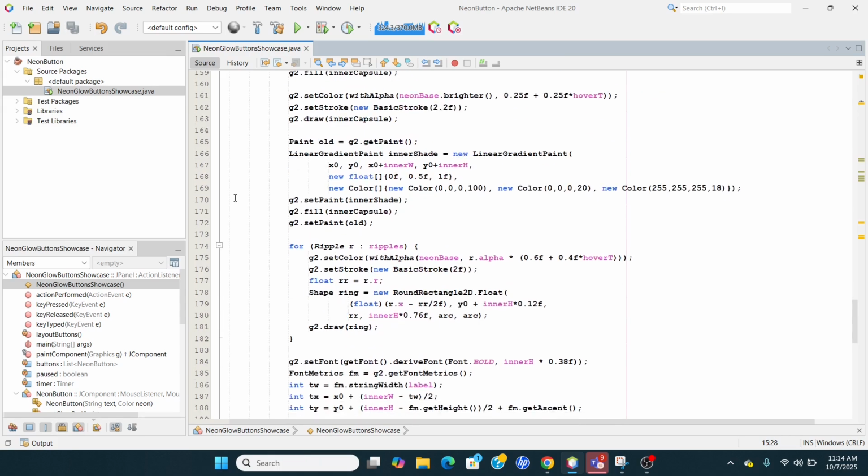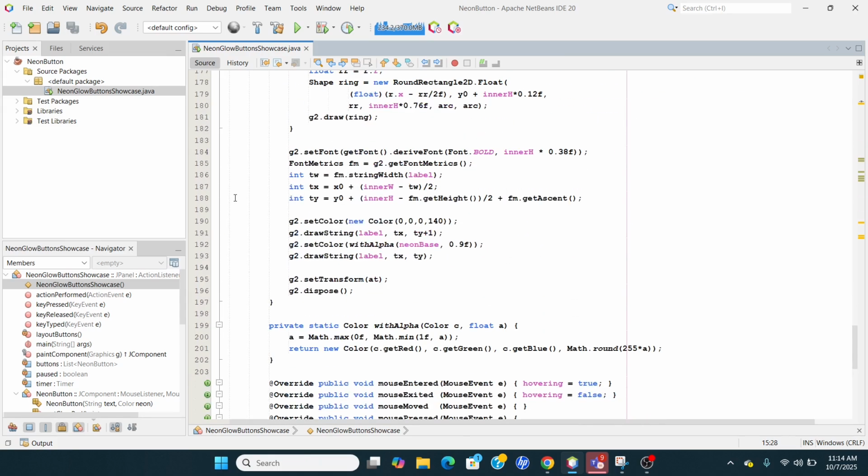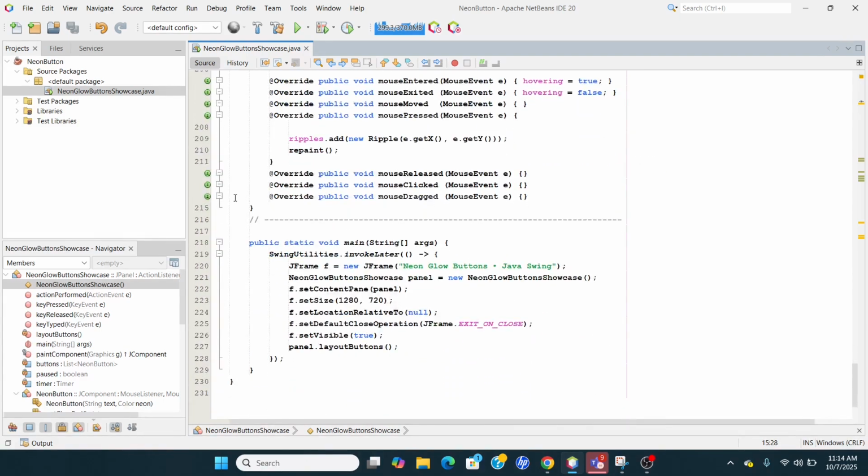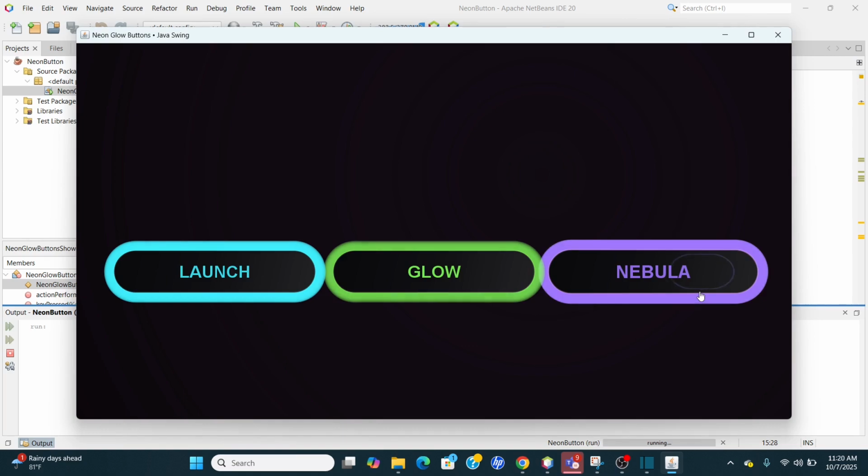No images, no libraries, just Java 2D shapes and gradients. Colors, text, and glow strength are all customizable. It's lightweight, smooth, and loop-ready for short videos or real